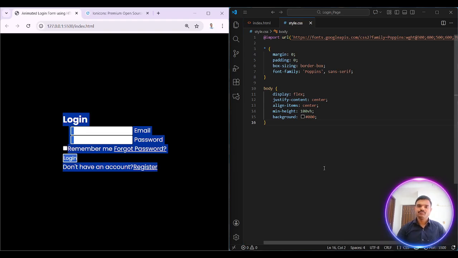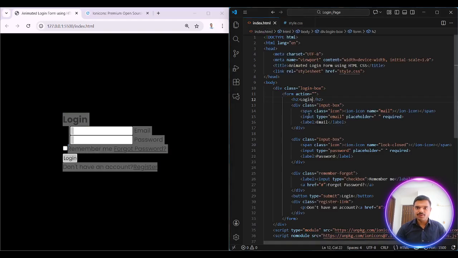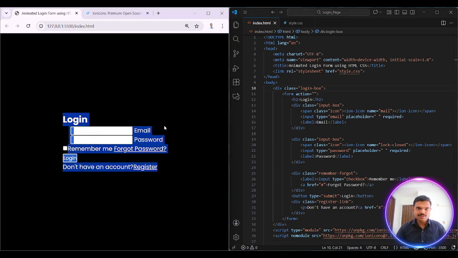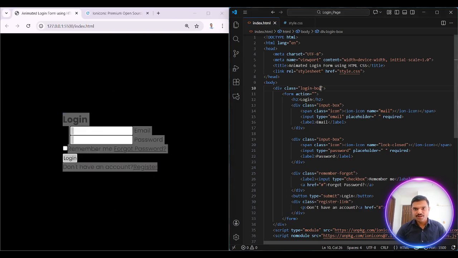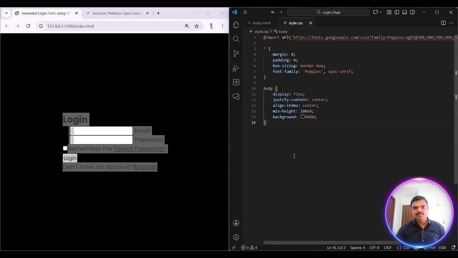style.css. Okay. Now we will go line by line from index.html. This is our login box, you can see. And I want to change the style of this login box here. Okay, what I will do, I will select this, copy this. Here I will write dot login box,